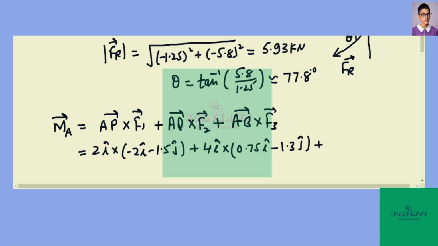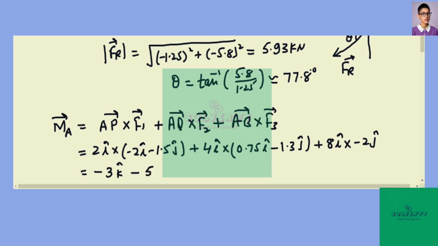See the figure, you will find this value is 8. So 8 i cap cross minus 2 j cap. When you simplify it, you will get minus 3 k cap